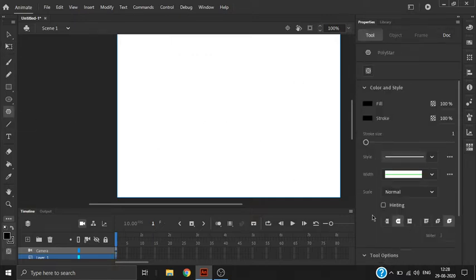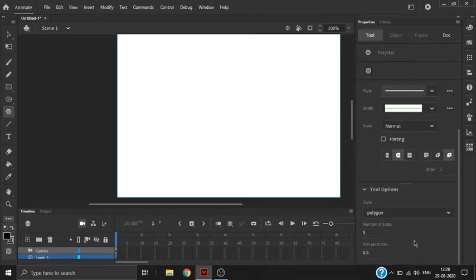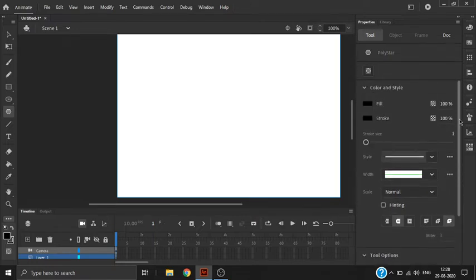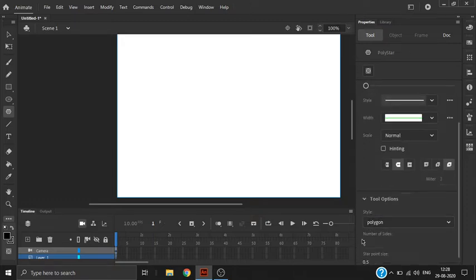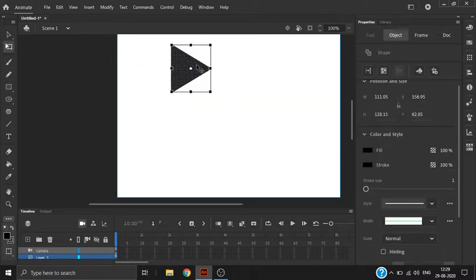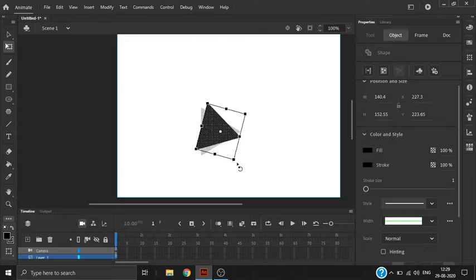Then our next one is the polystar tool. The polystar tool can be used to make shapes like a square, rectangle, triangle, hexagon, pentagon, till nonagon, 9 sides. You can select the number of sides in the properties panel, and once you slide down you will see these tool options. Click it, and you will be asked to choose the number of sides. If I want a triangle, a triangle has three sides, so I click 3 and enter it, and when I draw it, I get a triangle.